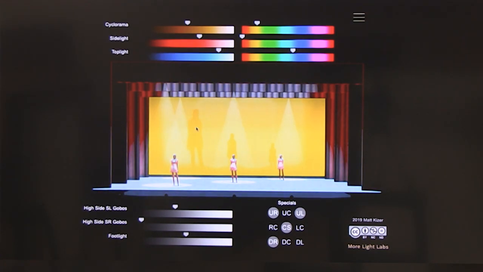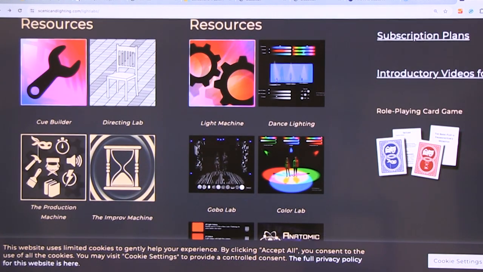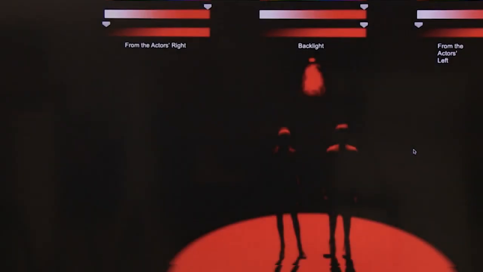There are all sorts of different views and stage scenes within that. We were just looking at it, and beforehand, you had seen another one. Which other one did you see? I was looking at, if you go back to the main dance lighting lab, I'm not seeing it right now. This one, the Color Lab, allows you to explore much closer the color mix that you want to create.